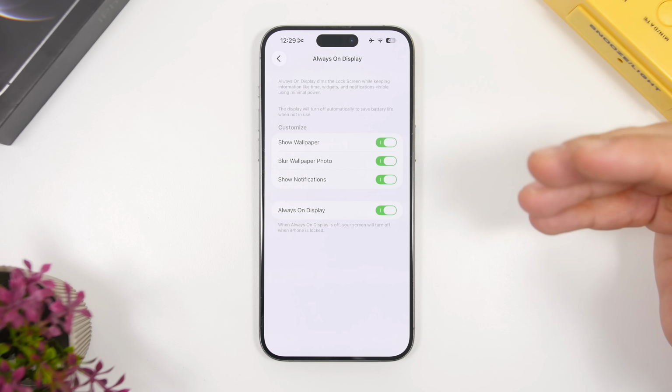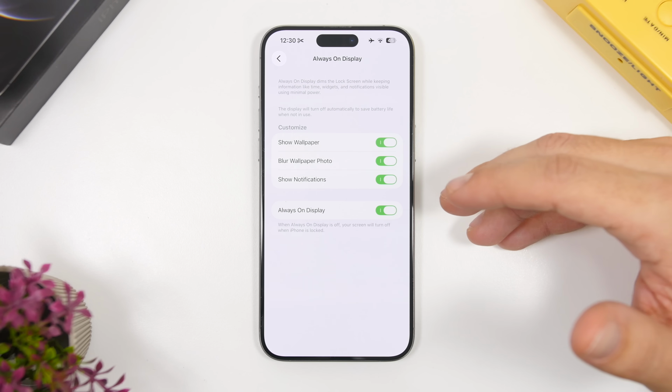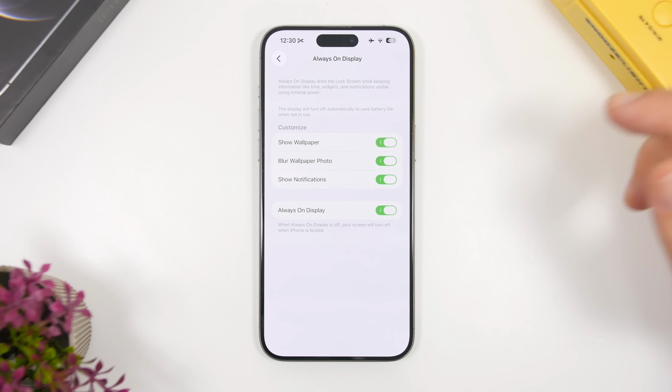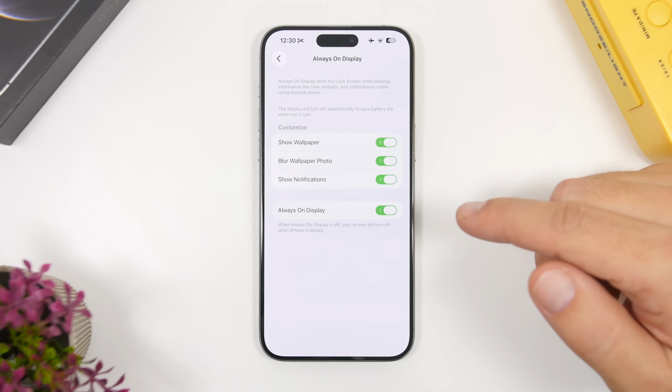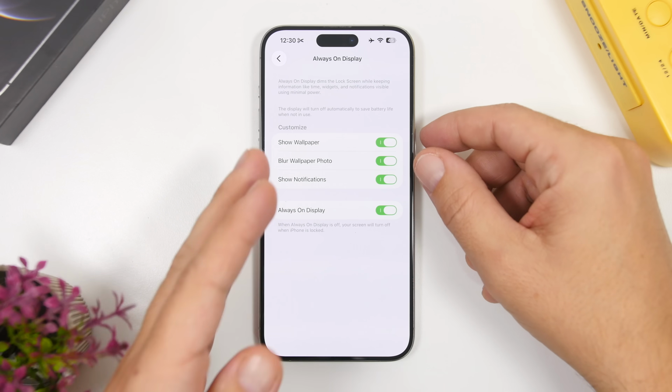Now, as you know, with iOS 26, Apple has added the big clock and that really cool 3D effect that you get on the lock screen. And with that, of course, a lot of people will put a lot of different wallpapers, maybe of their loved ones, their family members, or stuff like that. Because of course, with that 3D effect, it looks really amazing. And of course, you don't want to be somewhere in public and maybe having your iPhone always displaying your wallpaper. That's why you can now enable this feature right here, and once you go to your lock screen, the wallpaper